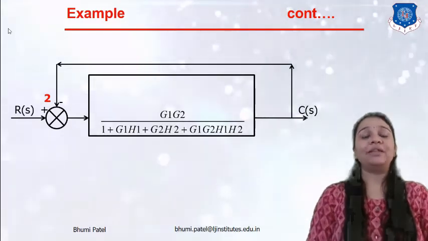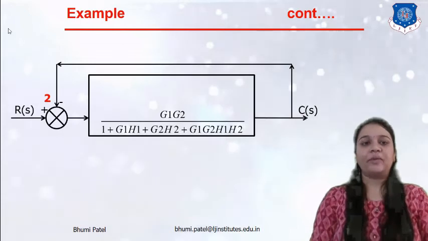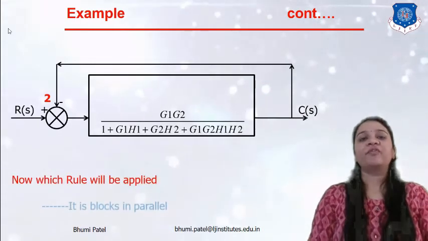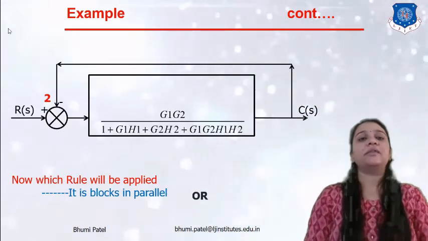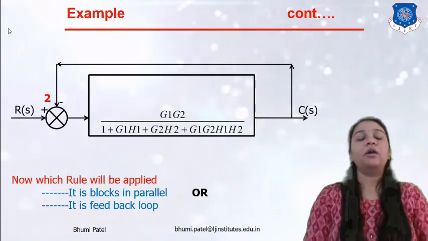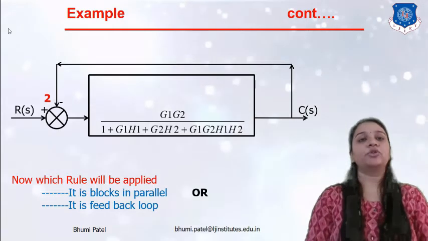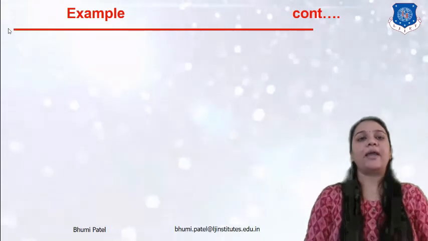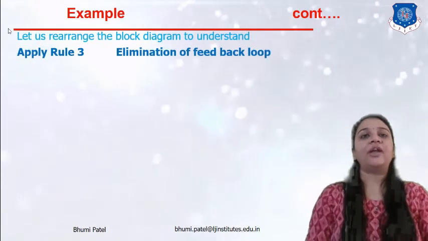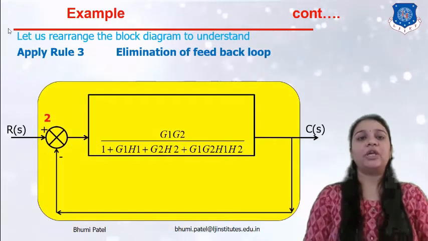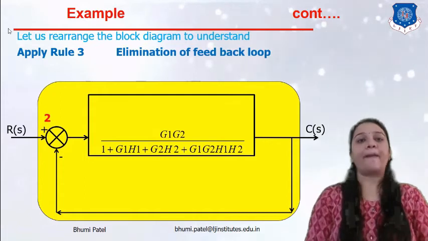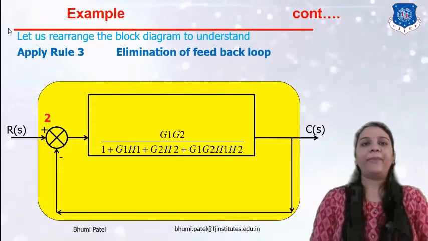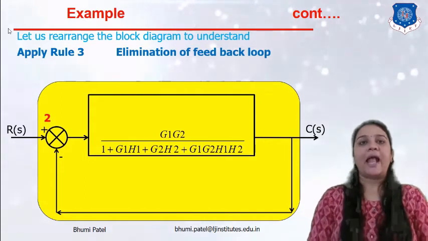Now, which rule is applicable? We have two options. The first is the blocks in parallel connection, and the second is the blocks in feedback loop connection. So we can redraw the diagram to identify which rule is applicable. Here you can see that the feedback rule is applicable, so we can apply rule number 3, elimination of